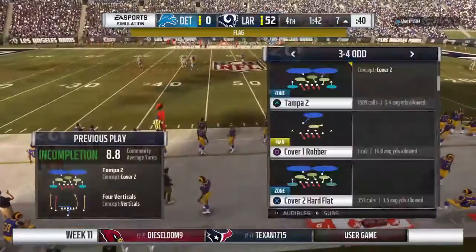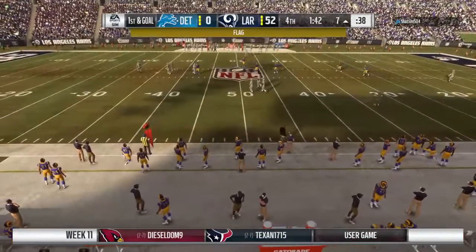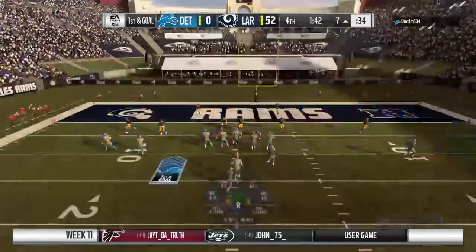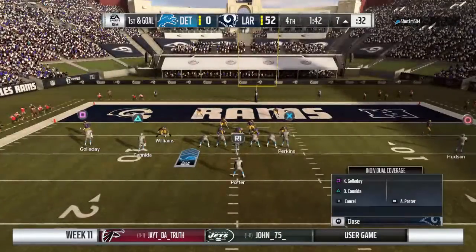A big call coming on third down. Some boos coming down right now from this home crowd after that call. Yeah, and that was because of the pass interference call, but for a second there, I thought maybe they'd gotten